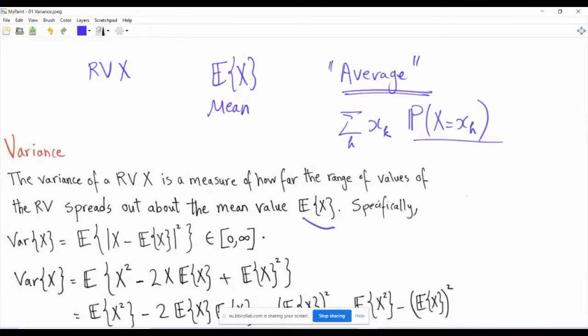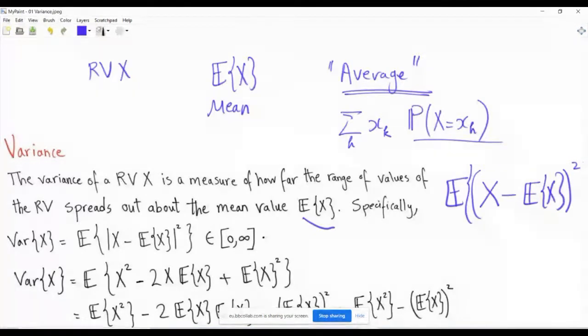So here's how it's defined. You take x, the random variable x, and then you subtract the mean. Okay, so it's as if the mean value is your reference point, and we don't care about whether x is greater than the mean or less than the mean. So one way of doing this is to square, which means that we care about the absolute difference and not about the sign of the difference, and then we compute the expectation of this thing. So this will be the variance, and it is a number from 0 to infinity.